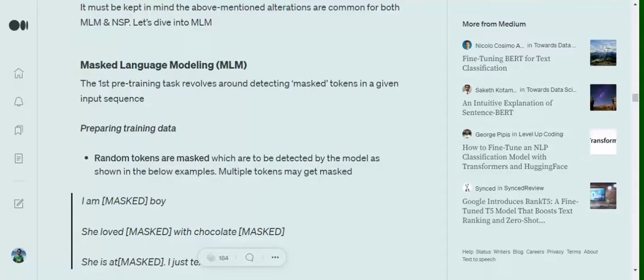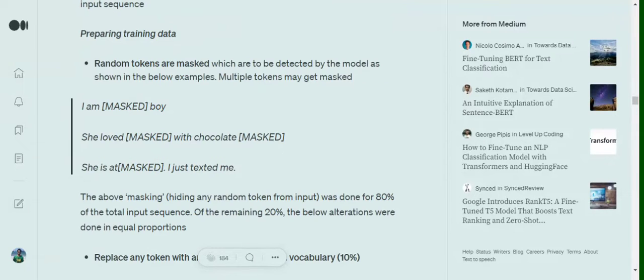Now we will be understanding what is masked language modeling. That is the first problem statement in the pre-training part. So let's first of all understand how the training data set is prepared. The entire idea of masked language modeling is that we would be masking out a few tokens randomly in